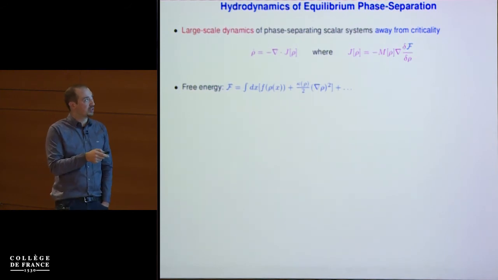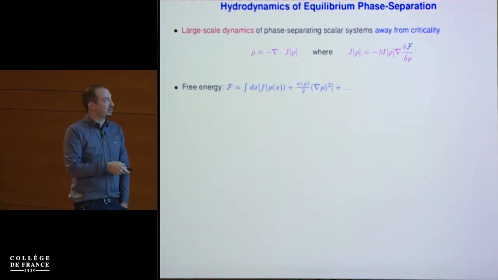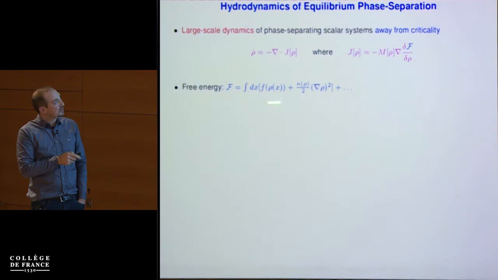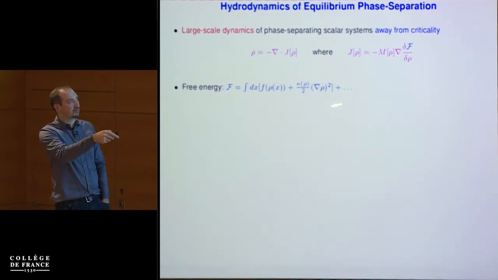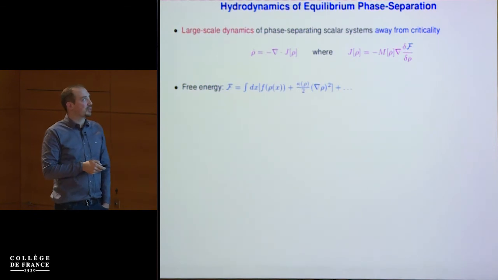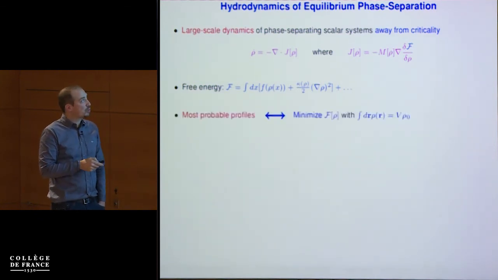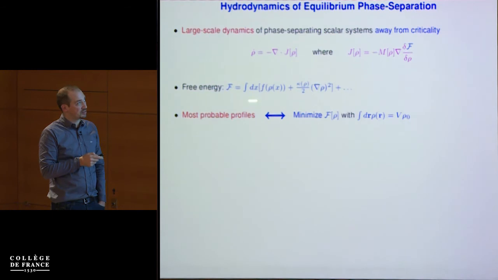And this functional derivative, I will typically not compute it, but I will postulate it and expand it following Ginzburg and Landau. And that's the type of free energy I would be writing. My free energy would be an integral through space of a local contribution to the free energy. And then I'll have some coefficients, and I'll have gradient squares, and then I would have higher order gradients. Now, if I want to understand the steady state predicted by this system, I just have to find the density profiles that extremize this free energy.